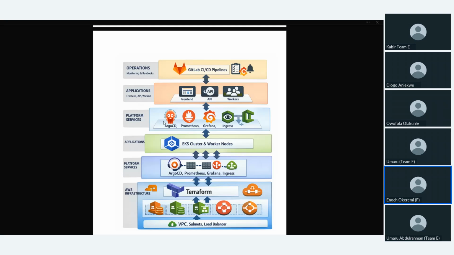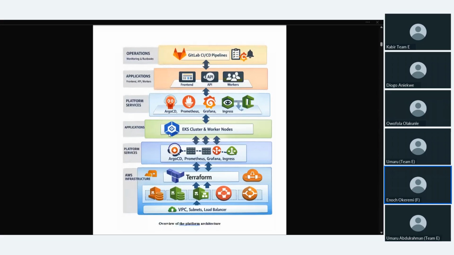Based on this architecture, the next thing is applying security scanning, using tools to check for vulnerabilities in our container images, and this is to block the pipeline if critical vulnerabilities are found. Once the image passes the security check, it is pushed to AWS ECR, which is Elastic Container Registry, a secure private registry for all our container images. From there, we move to Argo CD.